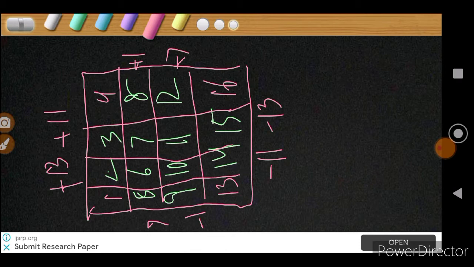What are the mid value numbers? Mid value numbers are 6, 7, 10 and 11, whereas the corner numbers are written in red color. You can note them. These will remain the same. Only the other numbers, excluding these 4 and 4, means 8 numbers, will be changed. They will change their position, not their numerical value, but only the position will be changed by adding